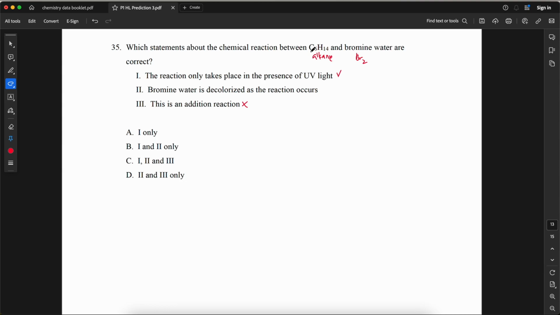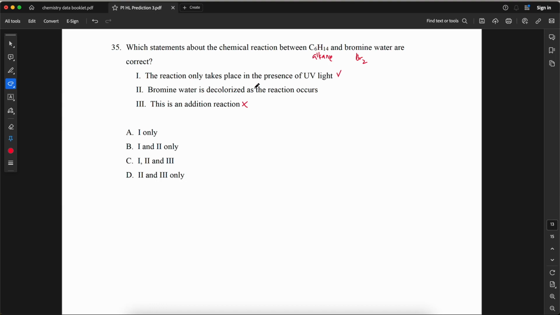So if bromine water is decolorized, it means it is an alkene. But in this case, we are talking about an alkane and bromine in the presence of UV light. So it means there is a free radical reaction and bromoalkanes are formed. Because there is a reaction between the alkane and bromine that produces bromoalkanes, the bromine water is decolorized because